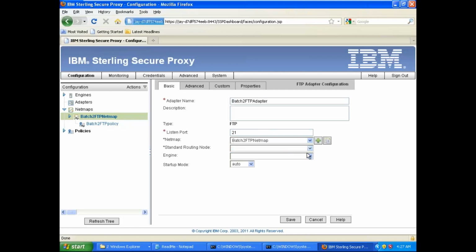Select the net map that we just now created. Click on your standard routing node. What is this standard routing node? We will discuss this as well, because there is a story. If you remember, we configure this node in the net map. So here we are asking my FTP adapter that whatever connection comes from the inbound node